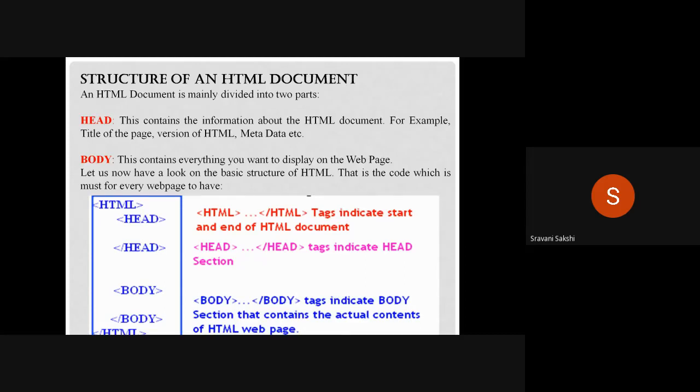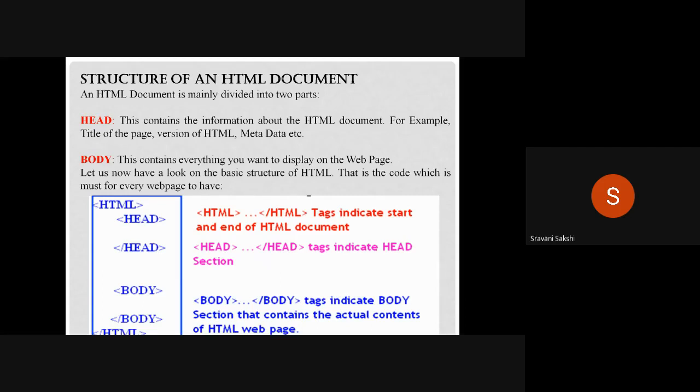Okay, so each HTML page or HTML document should contain starting of the document, that is HTML, and ending of that particular tag, that is HTML. So these tags indicate the starting and ending of the HTML document or a web page that is being created using the HTML.